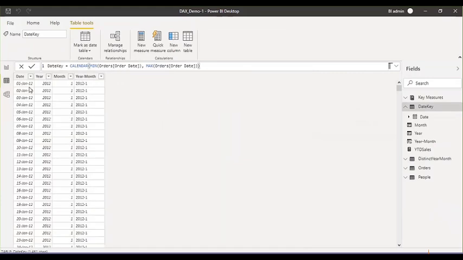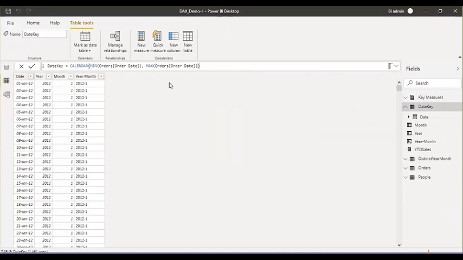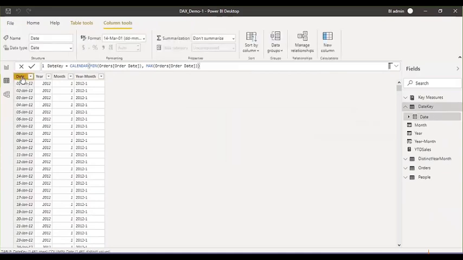Now these are the dynamic dates. In a real scenario, let's say your transactional table has data till 18th of May. Tomorrow your transactional table will have data for 19th May also, and in this calendar table another row for 19th May will be created automatically. So it will always get the new dates here, and this will be your date dimension table.